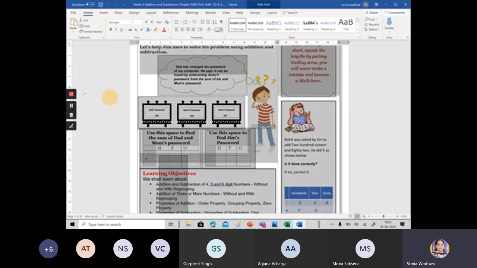Once you are done, if you want to pause in between, you can say pause, and you can resume later on and continue recording. Once you are done, you can say stop recording. If you feel that your recording did not go well, you can completely discard it by clicking this delete button, and you can start to do it again. Now suppose I am done with it, so I will click on stop recording.